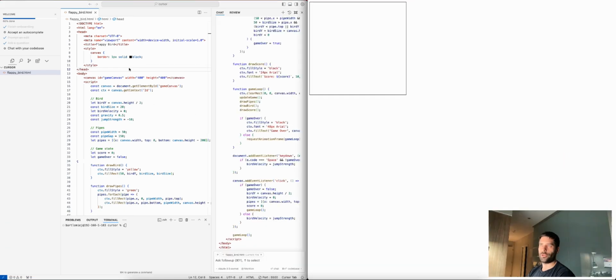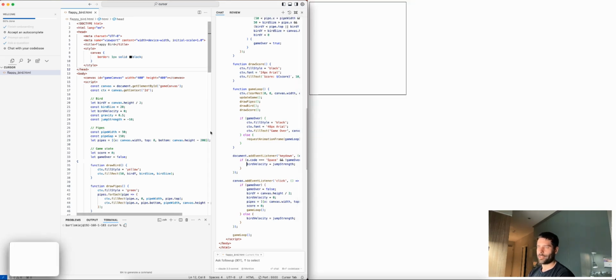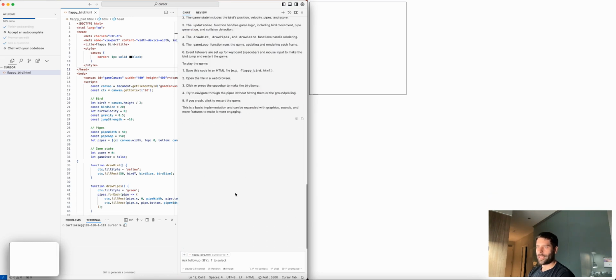All right. So I've just opened up Cursor on the left-hand side and then a brand new browser on the right-hand side. So after you hit that go live button, it's going to send this HTML page as a virtual page in your browser. So this is actually what we have so far. As you can see, there's nothing here. It's just a square. So I'm going to screenshot this square and I'm going to go back. Let me just make this panel a little bit wider. I'm going to go back here and say,